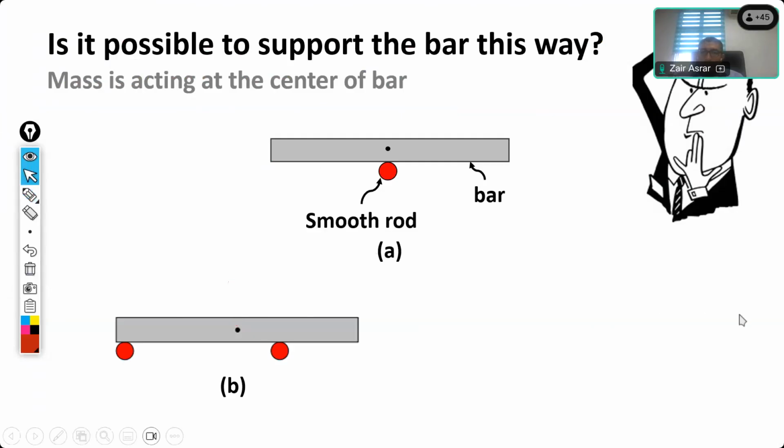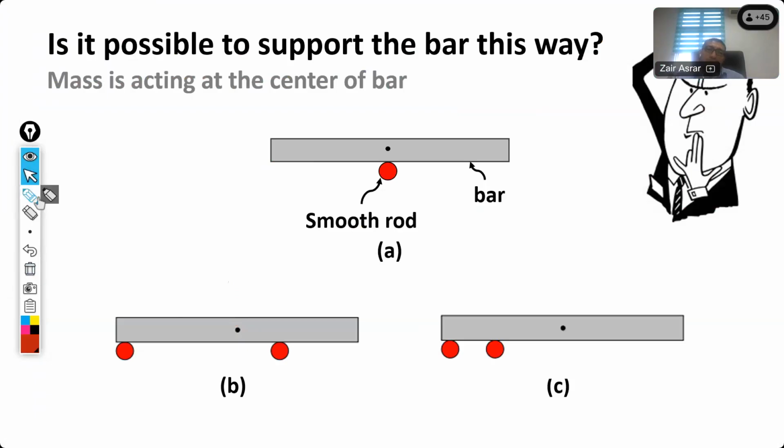How about the other one here, C? Again, we'll have weight here. Will it fall down? It will. It will, sir. Probably you still can't describe it using statics knowledge yet, but we'll see what we have here for all these three cases.